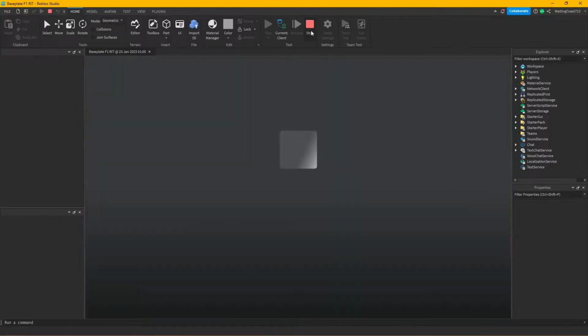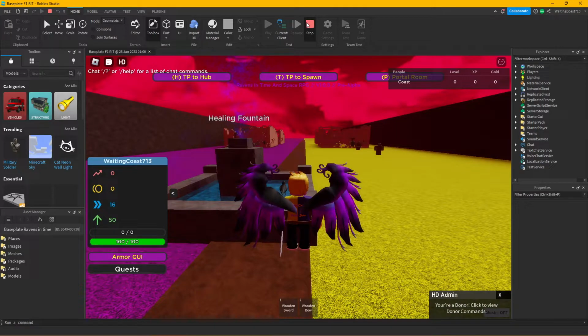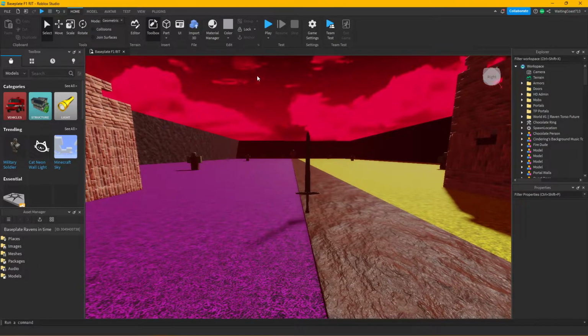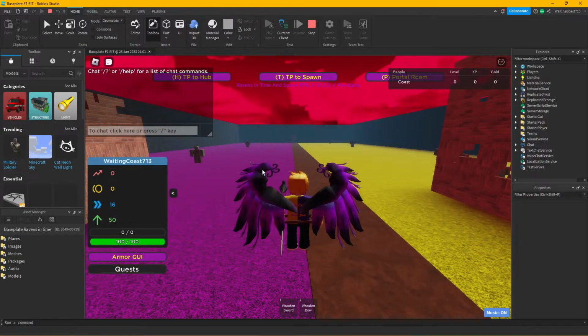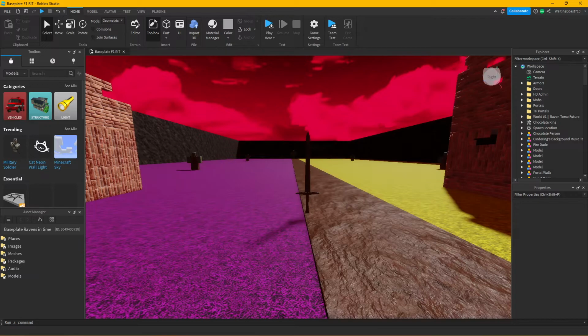Oh, I hit the wrong one. I meant to hit play here. My point given here is that you're supposed to give the item to the NPC. Or maybe it's supposed to be something taken from you. Like, during the quest, it's supposed to be something that is taken from you. So